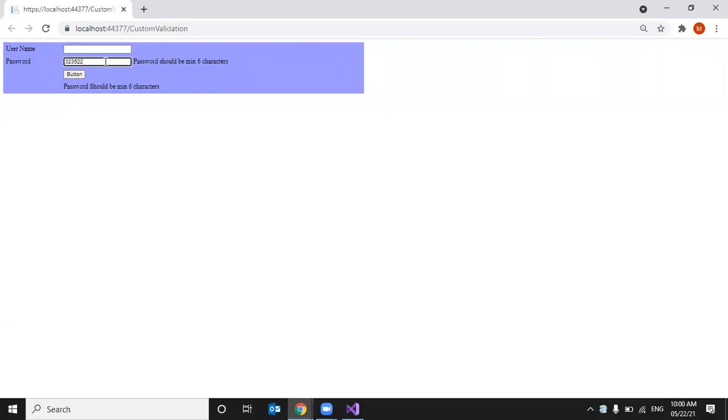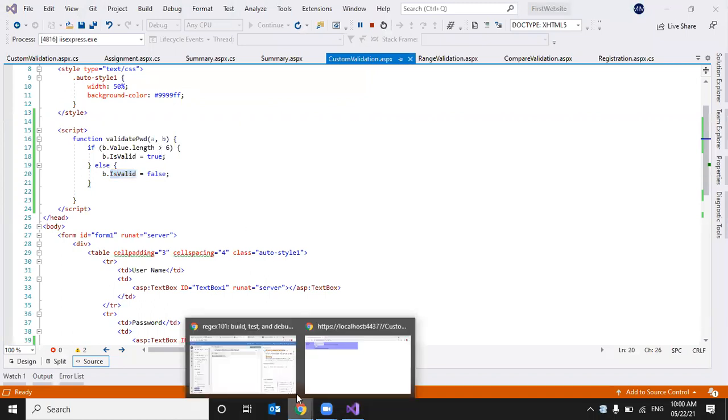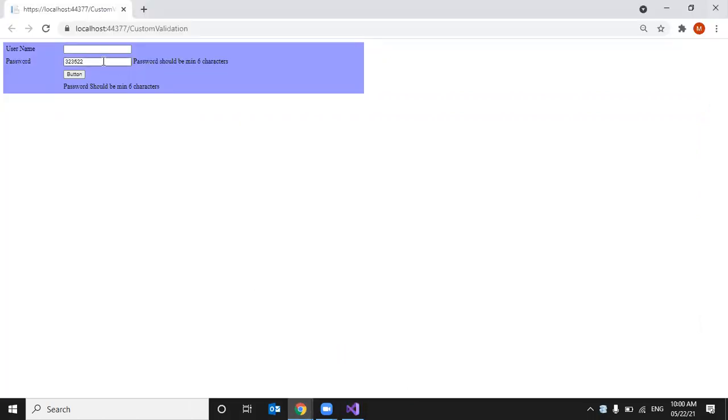I'm entering 6 and it is still displaying, because I set greater than there. If I set equal, it will allow 6. So I have to enter one more letter. Now you see, it is allowing. If I remove it, it displays this.